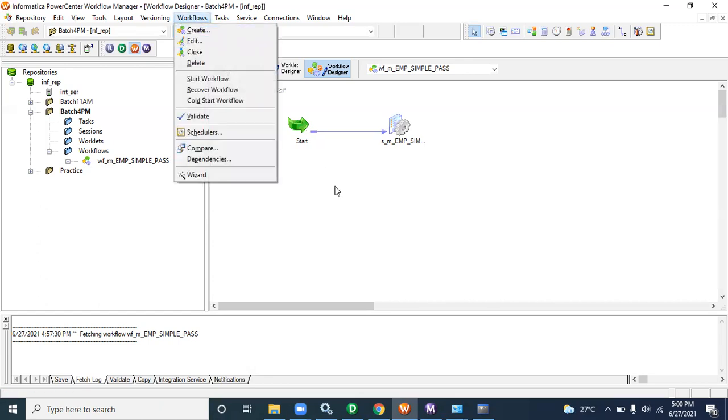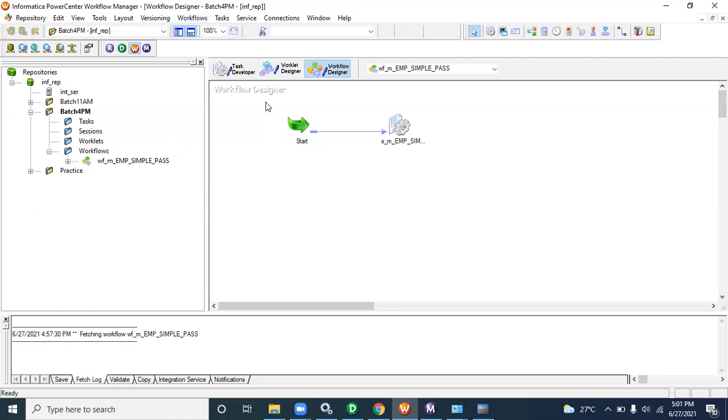We can create it, but why I'm not telling you right now is because when the dependency class comes between multiple sessions and multiple workflows, at that time we will discuss it better. For that reason I'm not discussing it now, because initially there is a chance you will get confused, right? Okay. But we can create it. No need to worry. If you know how, and you want to create it, you can do it. There is no problem.